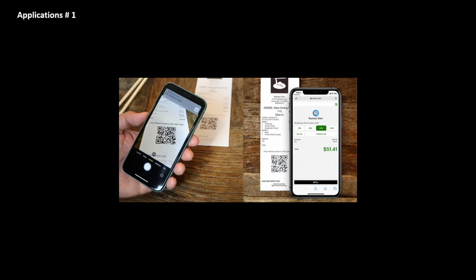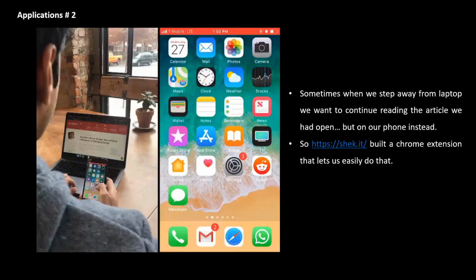Let us see a few of its applications. In the first application, we are very much familiar. In this digitization of the world, we are doing almost all our payments at restaurants or grocery shops through mobiles. And you might have got experience that to do these mobile payments, you are scanning the QR code.